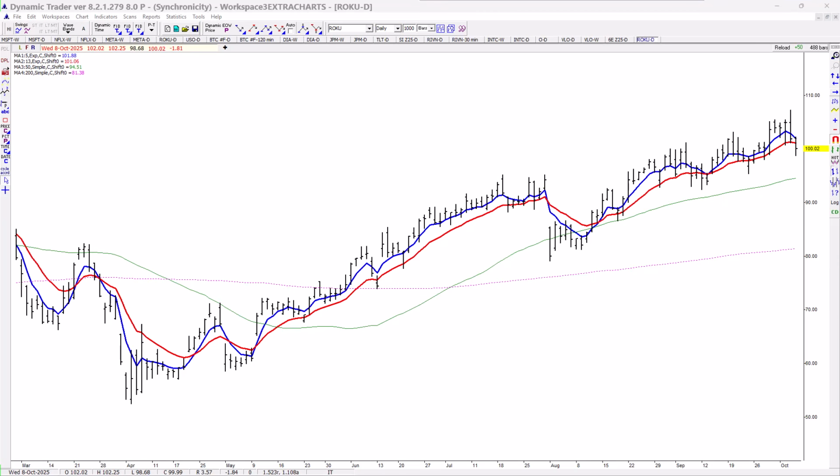Today's video, we're going to take a look at Roku. Now, I already have a setup in Roku, but I do want to show you where it came from. And it is a buy setup. We're overall looking at a general pattern of higher highs and higher lows. We have price clearly above the 200 simple moving average, the 50 simple moving average, and the 5 13